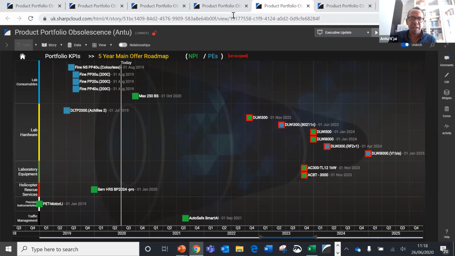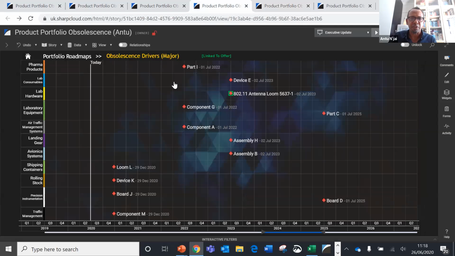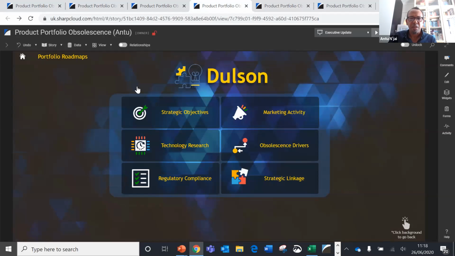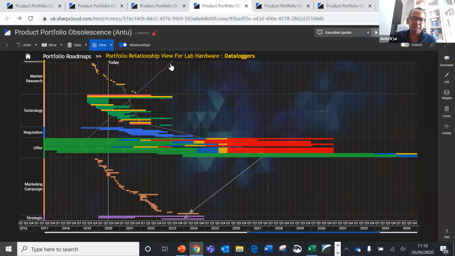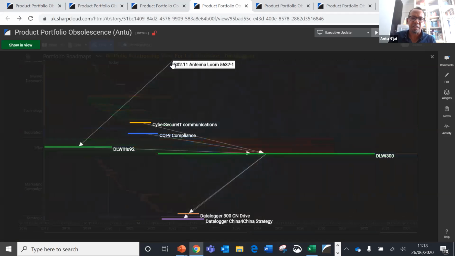But as I mentioned, the magic sort of happens when we really start to think in terms of bringing that all together. So if I just go back to the previous view, and I'll zoom back out. So having looked at the strategy, having thought about the technology research that's required, the regulations and so on, we can then start to tie it all together to see how that driver of obsolescence, which may be a small part of a big landscape that ties through technology research, our product portfolio and all the rest of it, how we can respond to that particular